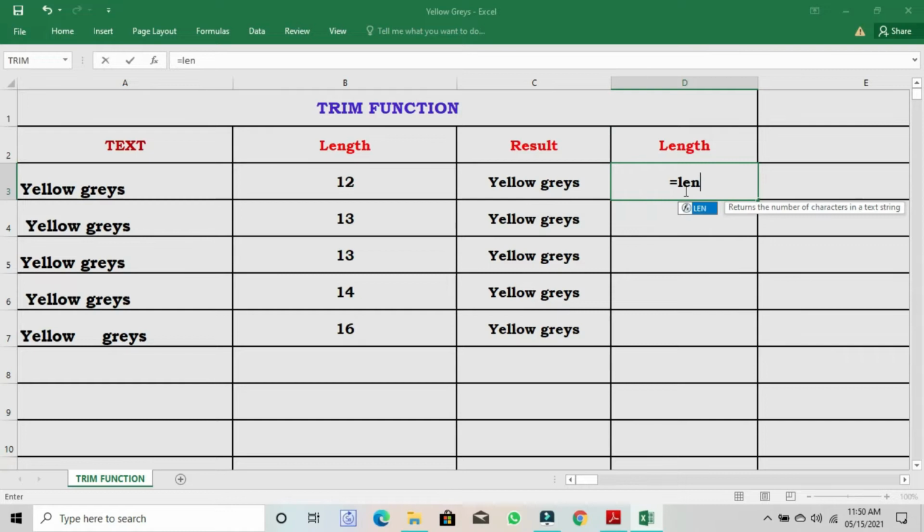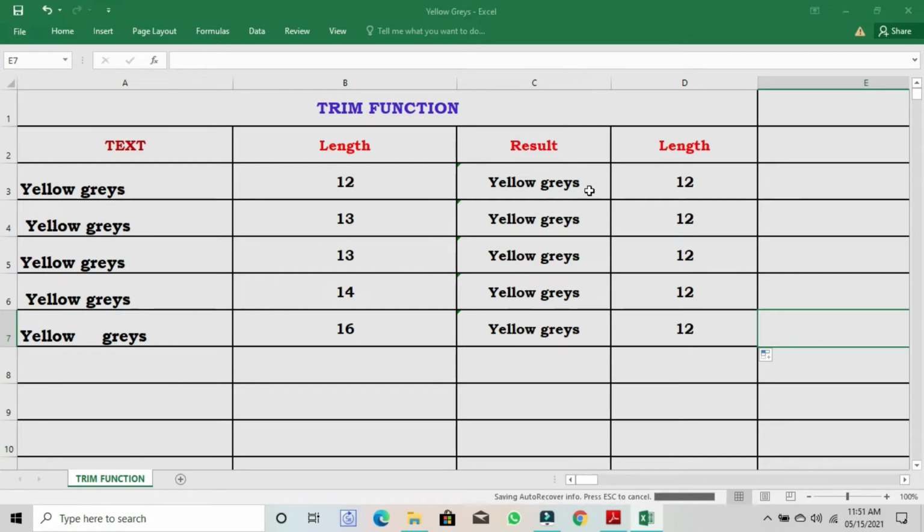Equal to LEN, open the bracket, select the text, close the bracket, press enter and drag the cells. Here we can observe that the length of all the text are similar. Using the TRIM function, the result shows that the unwanted spaces are removed.